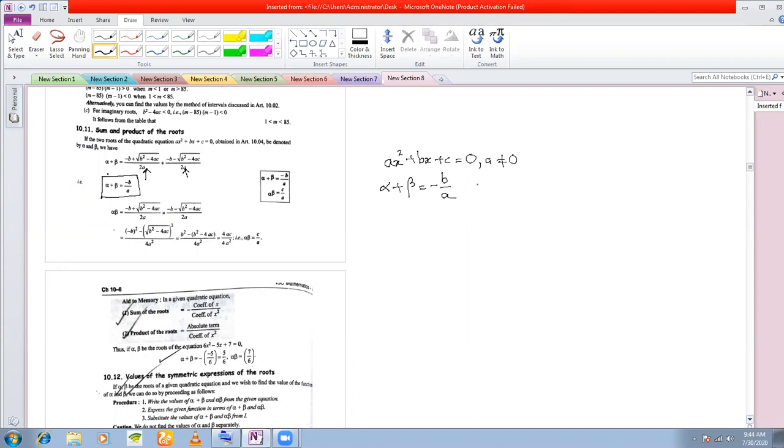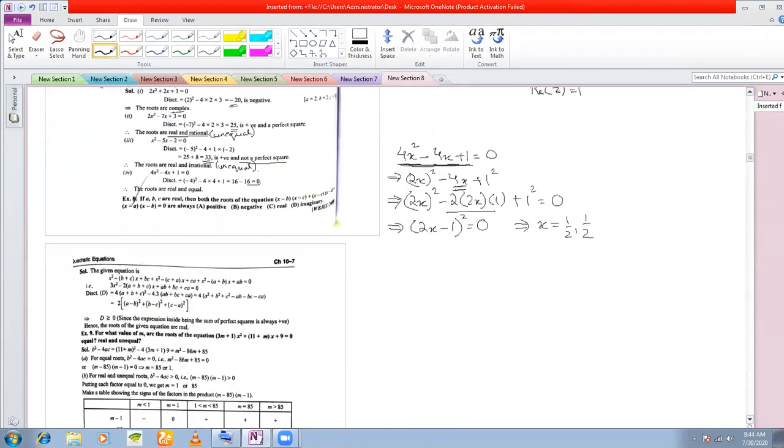A very, very important result. And the product of the roots, in an exactly similar manner as they have done here, they have multiplied the two roots and found that the product of the roots is c by a. So if I give you any quadratic, say in this example, x square minus 5x minus 2, and without solving, I ask you to find the sum of the roots, you will write: let alpha and beta be the roots of this equation x square minus 5x minus 2 equal to 0.